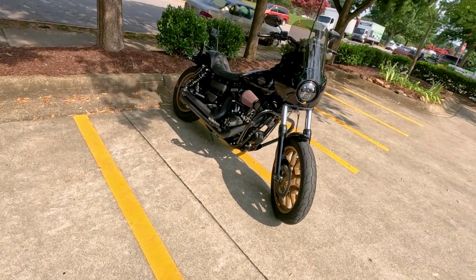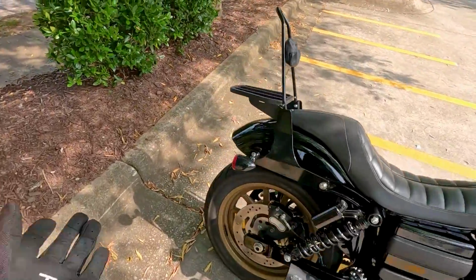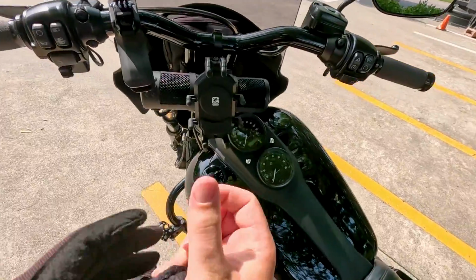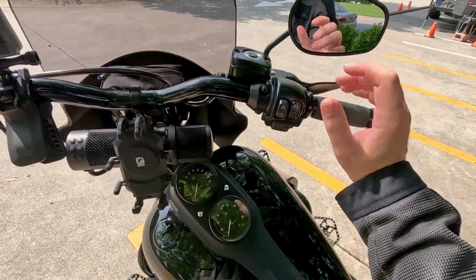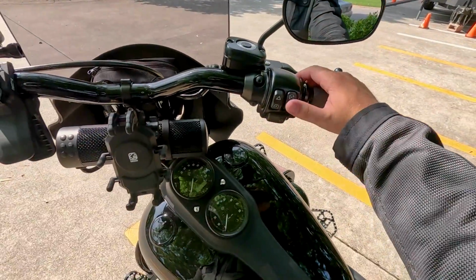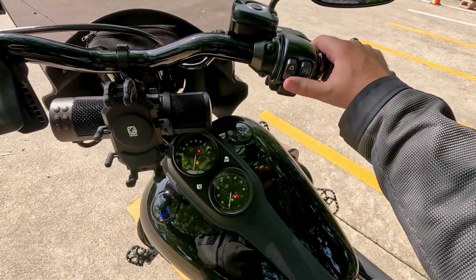All right, so here she is. Super stoked to go ride this thing. You'll see Vance Hines 2-to-2 pipes, and now you're about to hear it. So let's go ahead and start this bike. It does have the keyless entry, so that's cool. You just hold the little key fob either in your pocket, or if you're feeling crazy, throw it in that bar bag, and then it's just a button, and then we'll pull in the clutch for safety, and go ahead and,